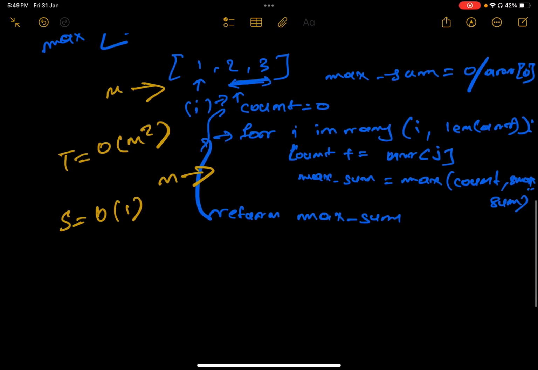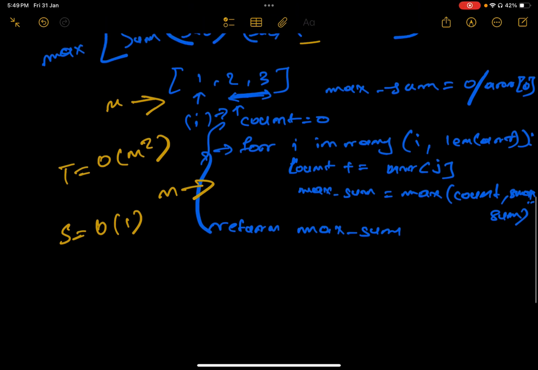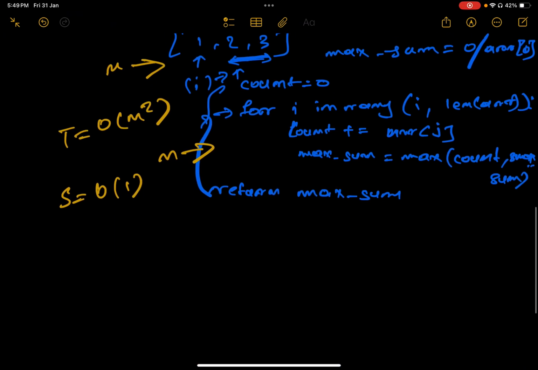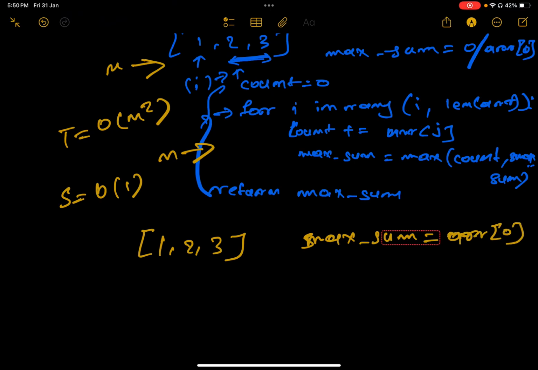So what we can do, there's a scientist whose name is Kadane. He proposed a solution. Okay. So what he's saying, like suppose we have an array 1, comma 2, comma 3. He's saying that let's pick two variables. Let's pick two variables like above. This is sum. Let's say I'm assigning this to array of 0. This is the first variable. This is the second variable. Initially, the second variable also is nums of